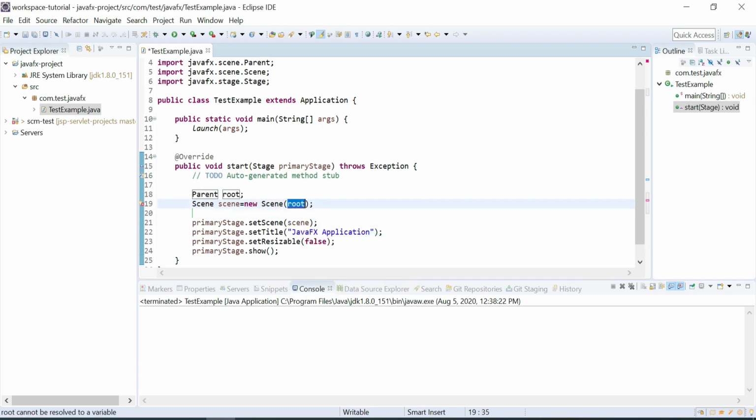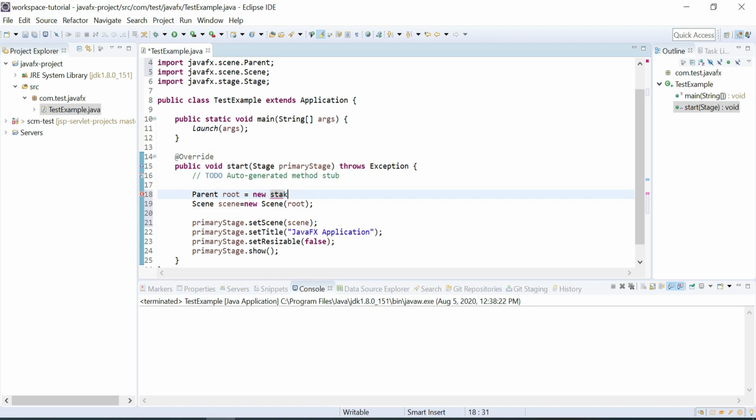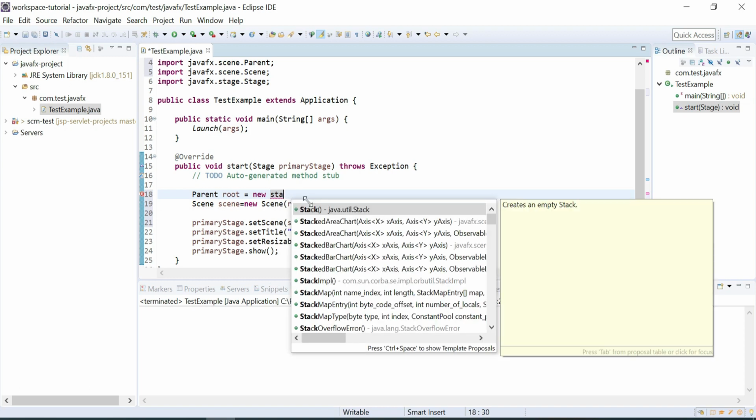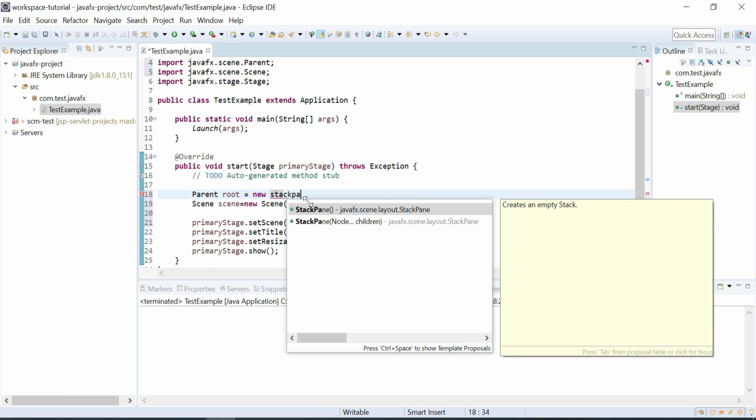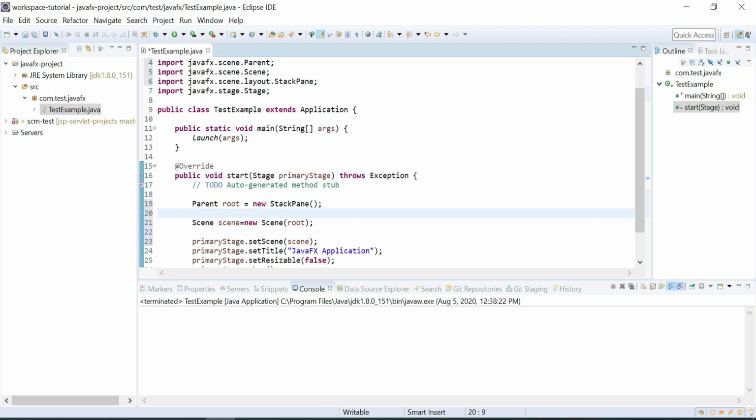So let's create a local root. I will use the StackPane here. We have different types of panes. Those panes you can also see in the JavaFX layout libraries. Later we'll go through each of those panes. Let me use the StackPane so that I can show you some default operations at the learner stage.